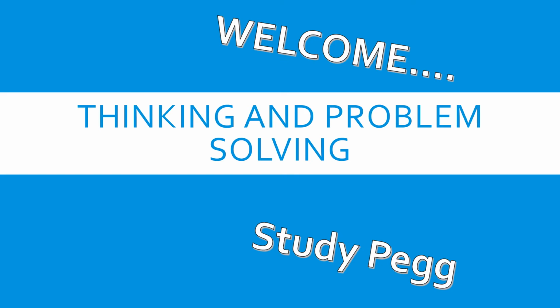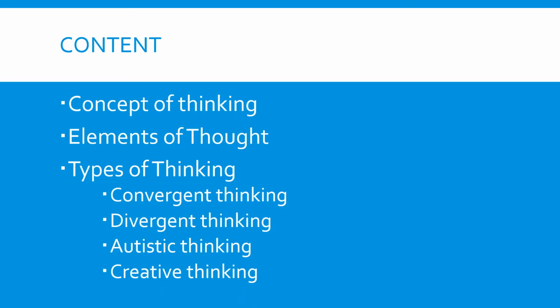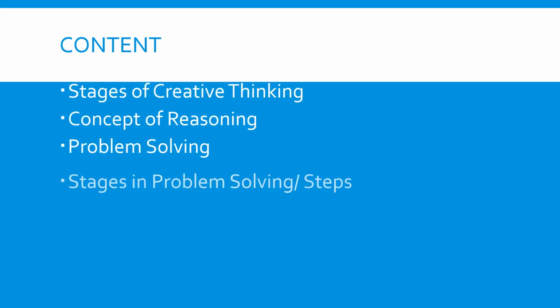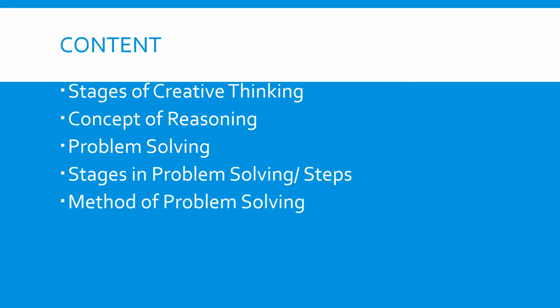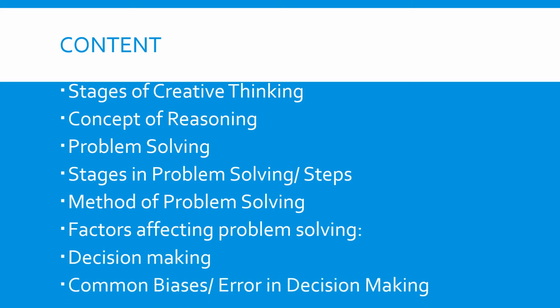So today's topic is thinking and problem solving of psychology. In the content, we will study the concept of thinking, elements of thoughts, and types of thinking like convergent thinking, divergent thinking, autistic thinking, and creative thinking. Also we will study the stages of creative thinking, concept of reasoning, problem solving, stages of problem solving and steps, methods of problem solving, factors affecting problem solving, decision making, and common biases and errors